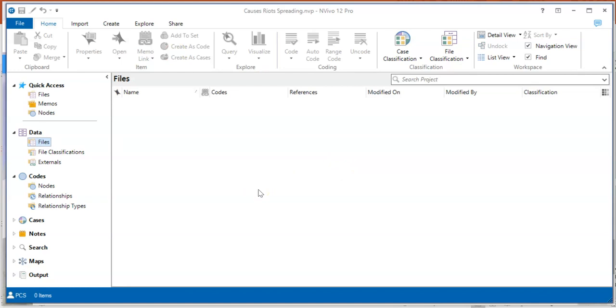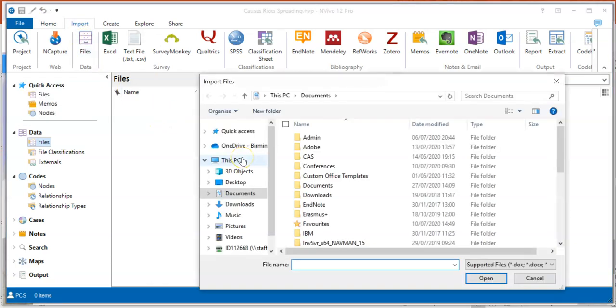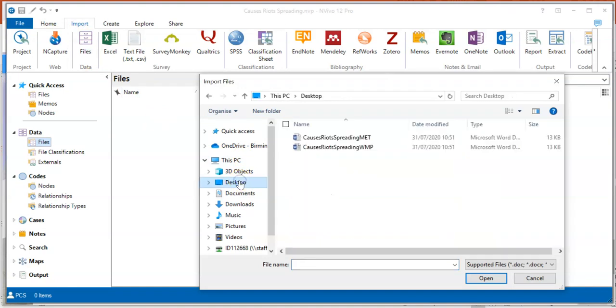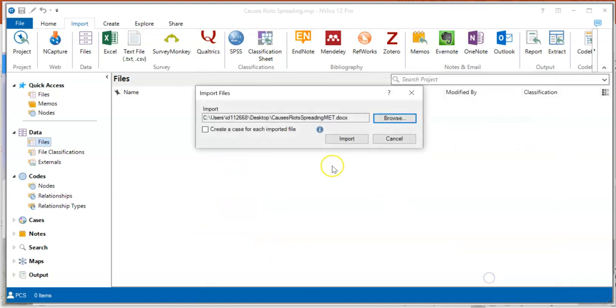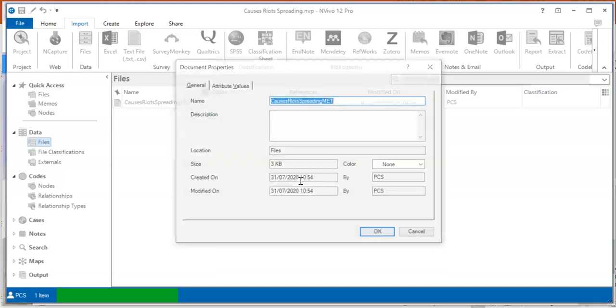So the first thing we need to do is import those Word files that we already saved on the desktop. So I'm going to go into Import, and then Files, and then I need to choose the desktop, and then the first file. You can't do both at once, it only does one at a time. And then it's saying import this file. I think that's all we need. We don't need to browse at all. Import,